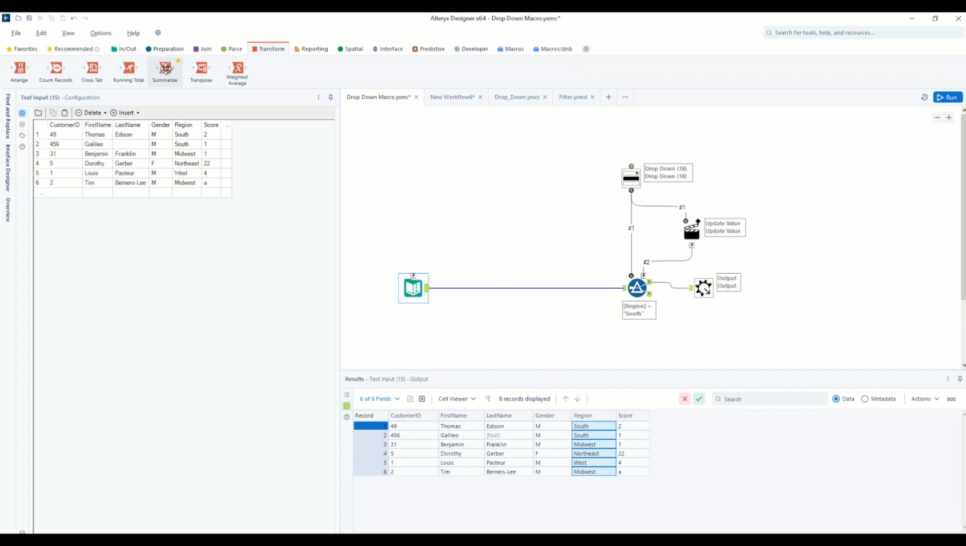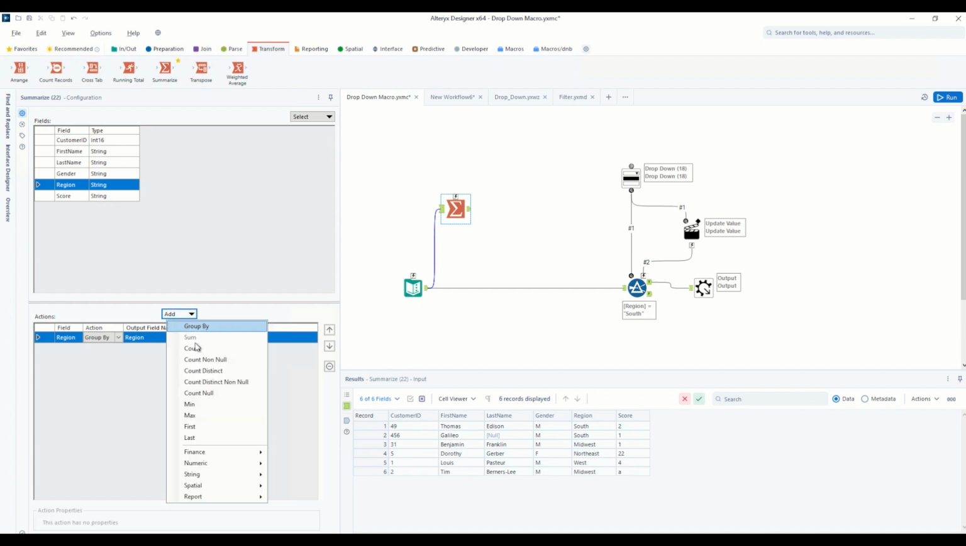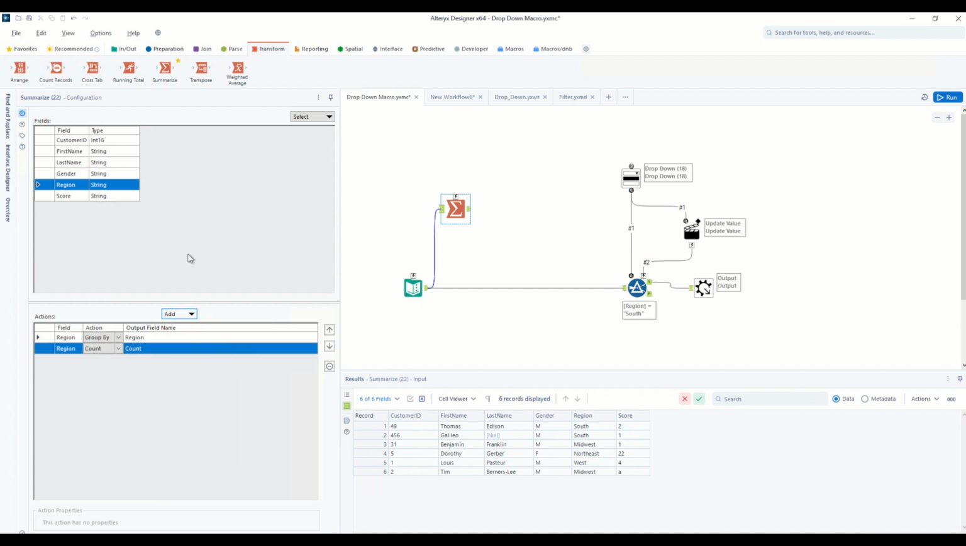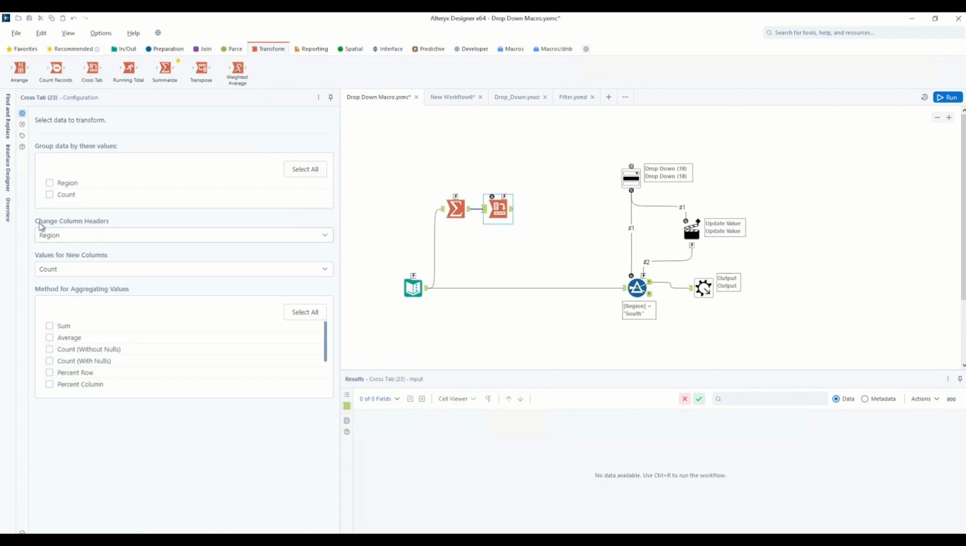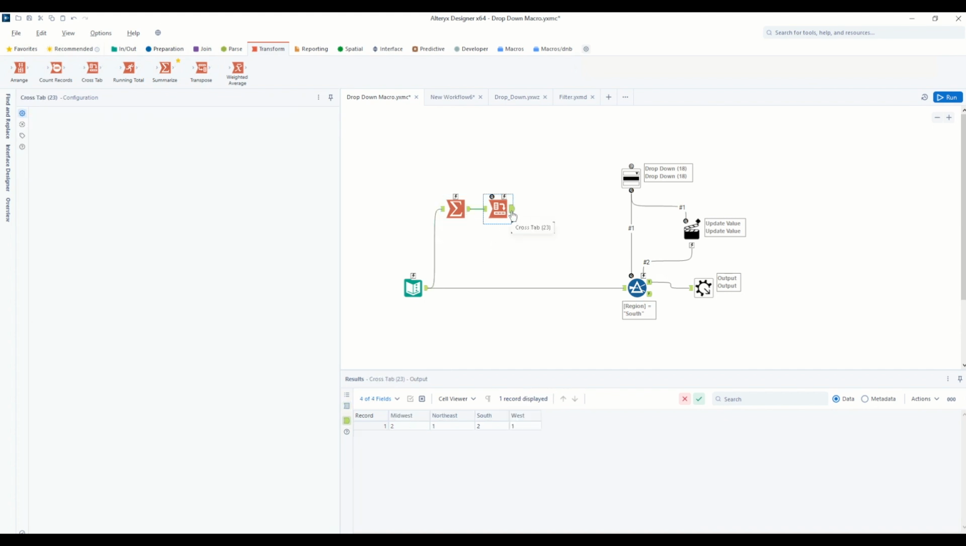To do that, the way I do it is I drag a summarize tool to the canvas. I'll summarize by region. And I'm going to count them as well, and you'll see why in a second. The next thing I want to do is I want to use a crosstab so that I can make all of those unique regions column names. So I'm going to change my column headers to region, and I will count the values, but this number doesn't really matter. When I hit run, you'll see that this converted it all into unique regions,